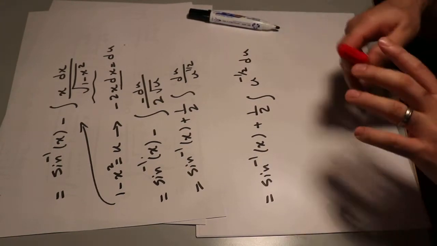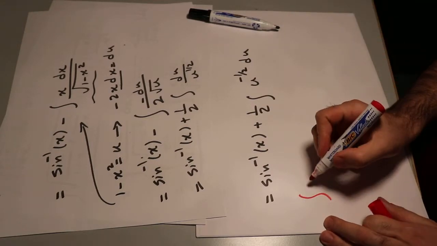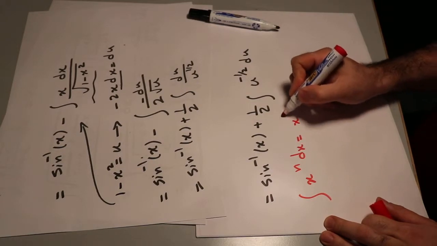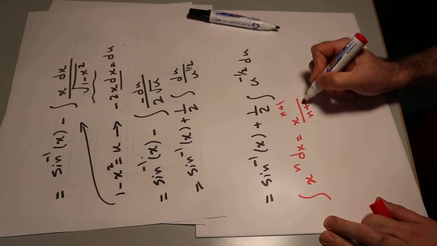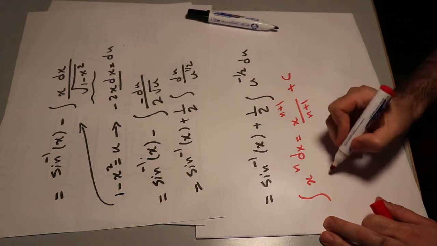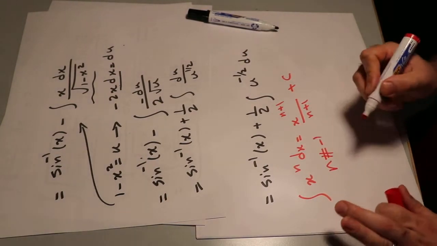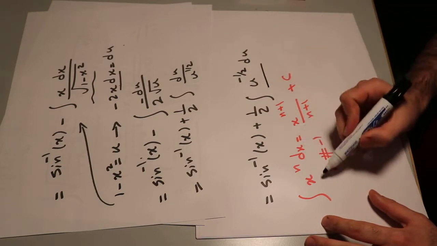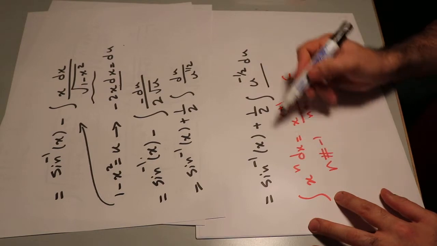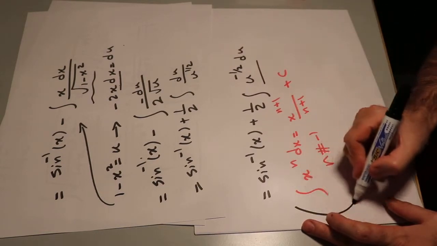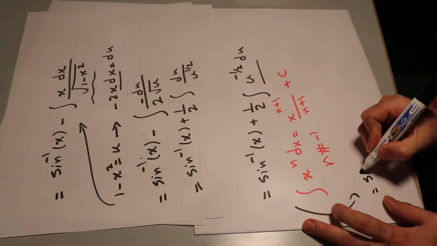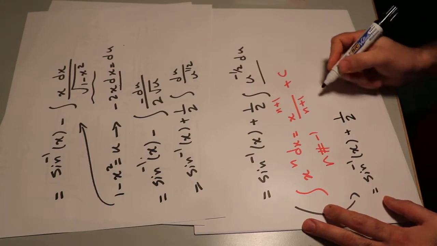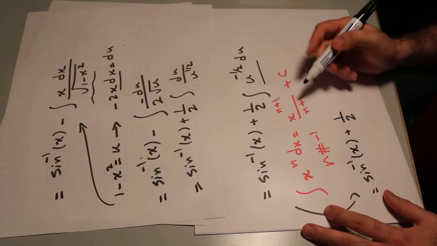And we know that the integral of x to the power of n dx is equal to x to the power of n plus 1, divided by n plus 1, plus c, that's the constant of the integral, assuming n is not equal to minus 1. Okay, so if you compare this integral with this formula, you see that n is equal to minus 1 divided by 2. Therefore, this will be equal to inverse sine of x plus 1 divided by 2 times this integral will be equal to